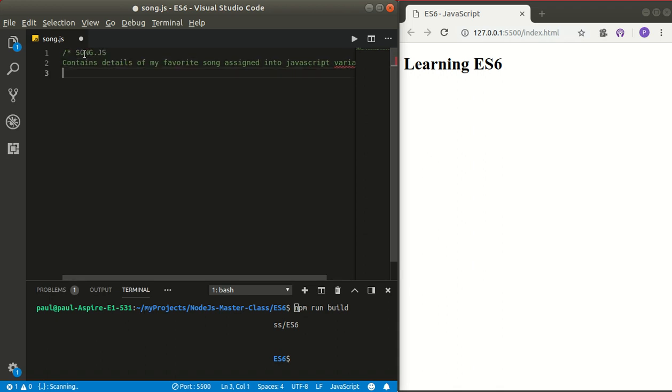Then you can close the comment. That is it. So on line 5 we can start declaring our variables, and the first one is a song